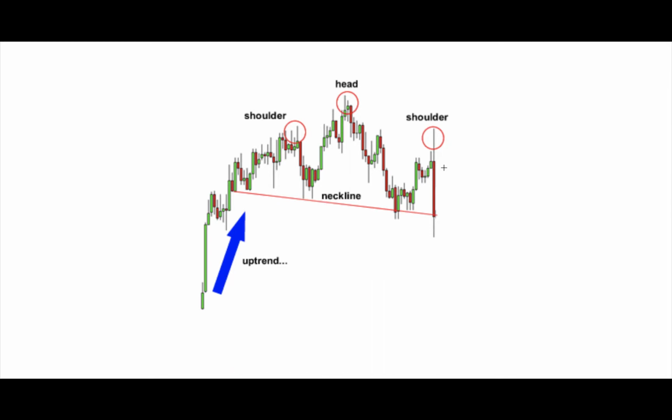So the head and shoulder pattern is this pattern here. It's a reversal pattern. You'll see it in an uptrend. You don't see these in downtrends, guys. So you'll see these in an uptrend, okay, going up. It is a reversal pattern, so this is a trend reversal pattern that's going to go the other way. So it's an uptrend that's going to turn to a downtrend. So, like I said,